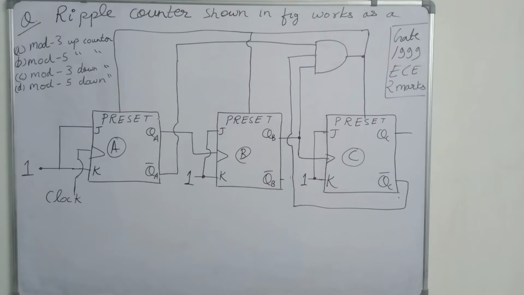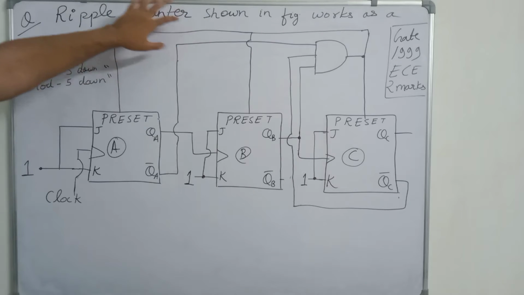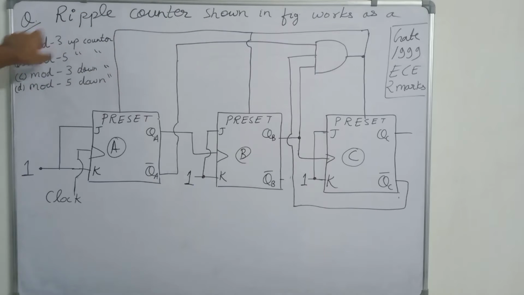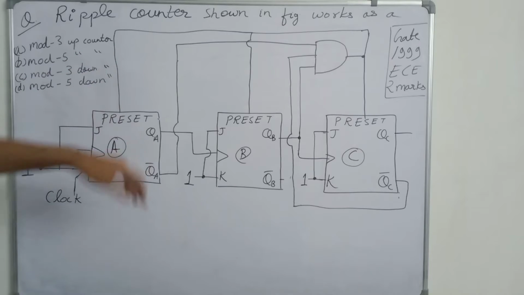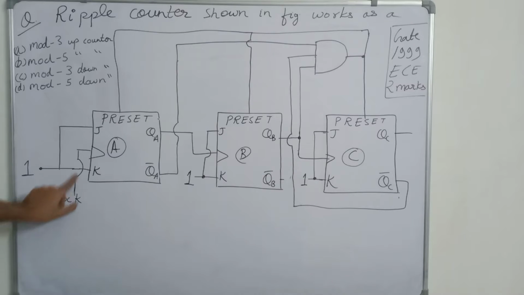So in this question a ripple counter is shown to us and we have to find how this ripple counter works. So does it work as a mod 3 up counter, mod 5 up counter, mod 3 down counter or mod 5 down counter? So first of all it is a ripple counter because this clock is provided to only